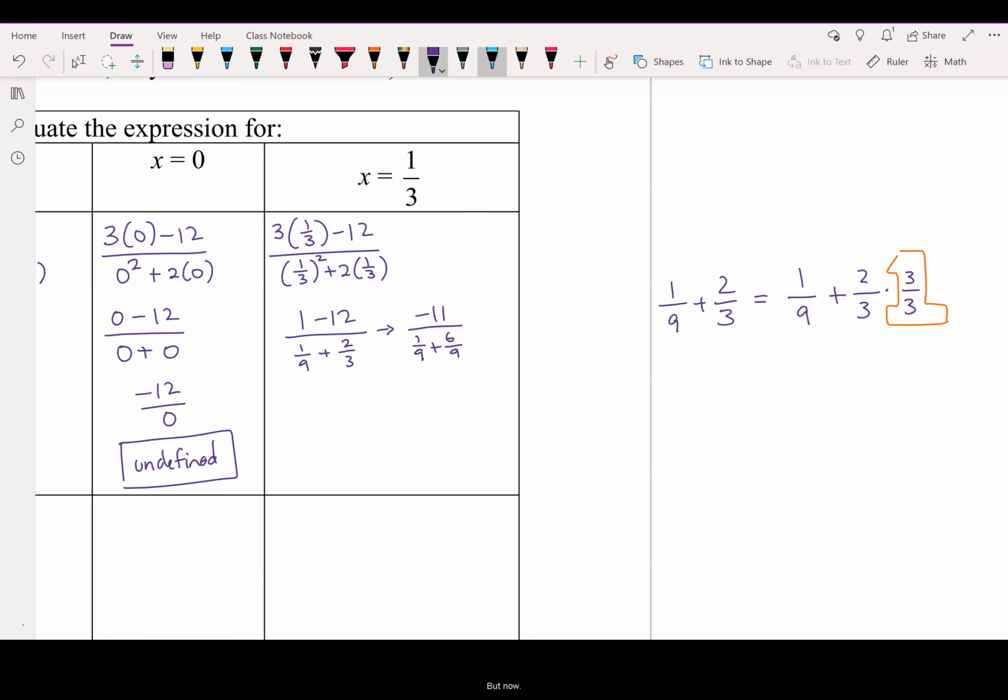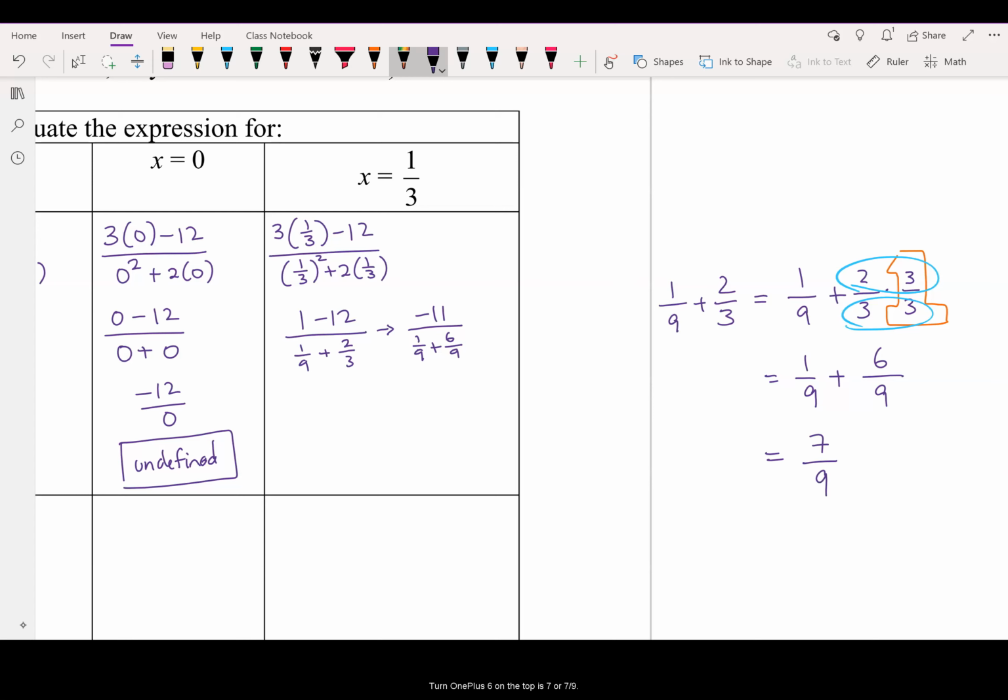Now, if I multiply 3 times 3, I get a denominator of 9, which will allow me to add the fractions. When adding and subtracting, we have to have the same denominators. Multiplying up top, 2 times 3 gives us 6, and 1 plus 6 on the top is 7,